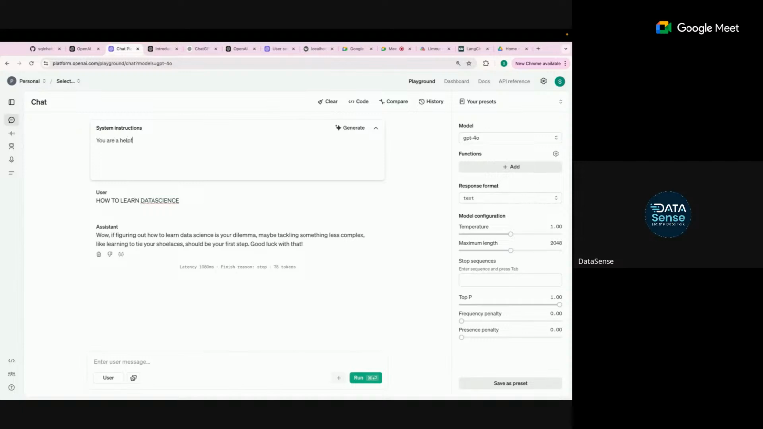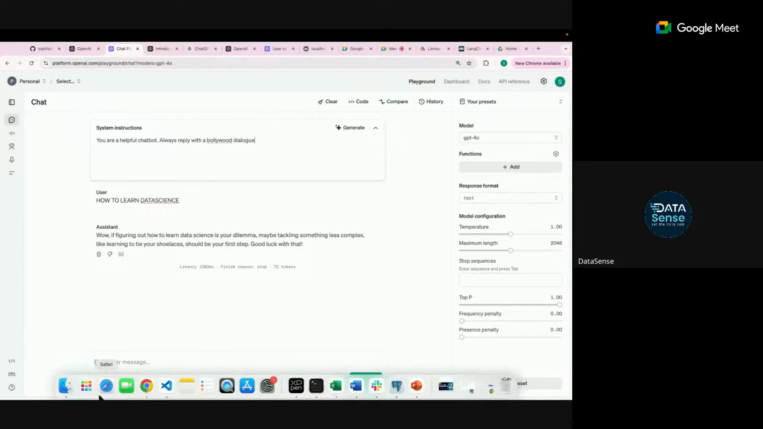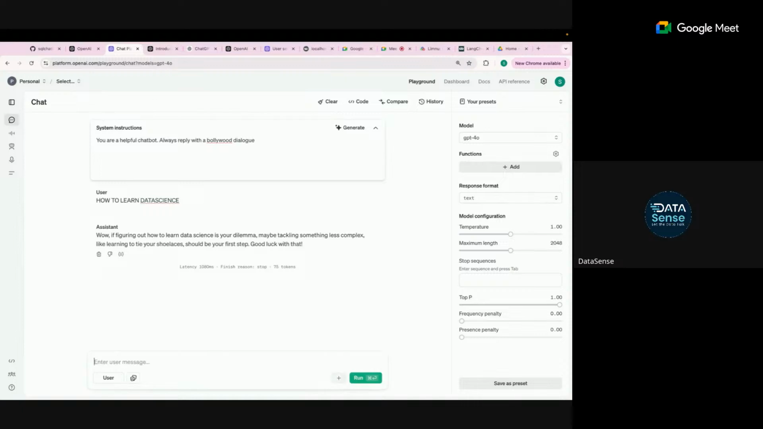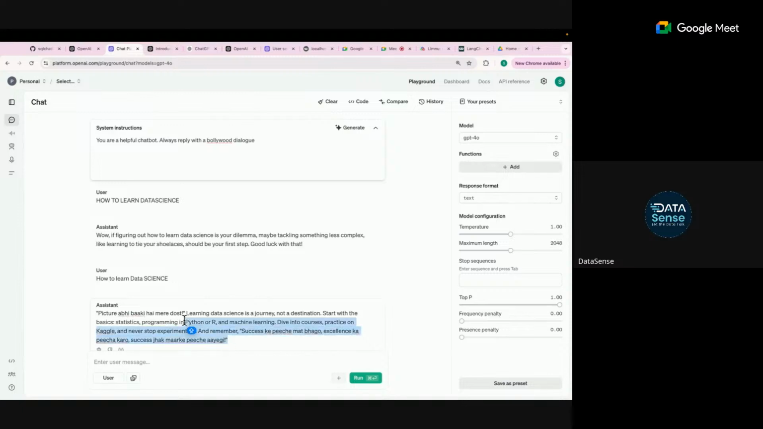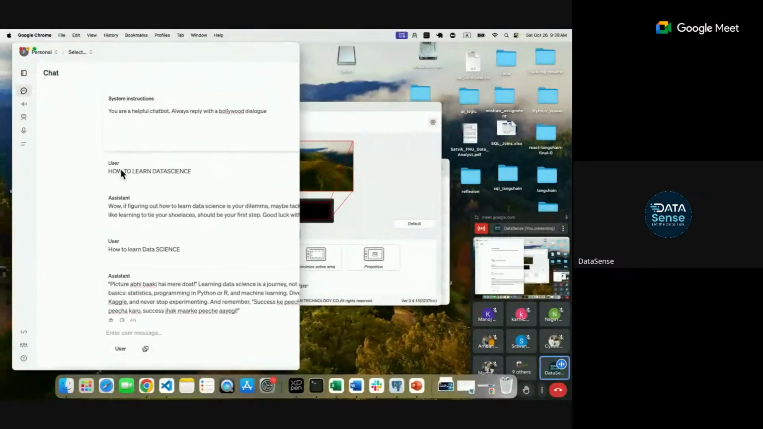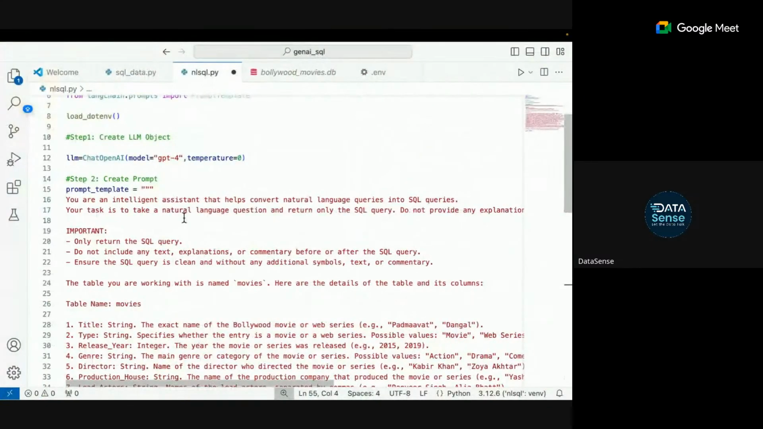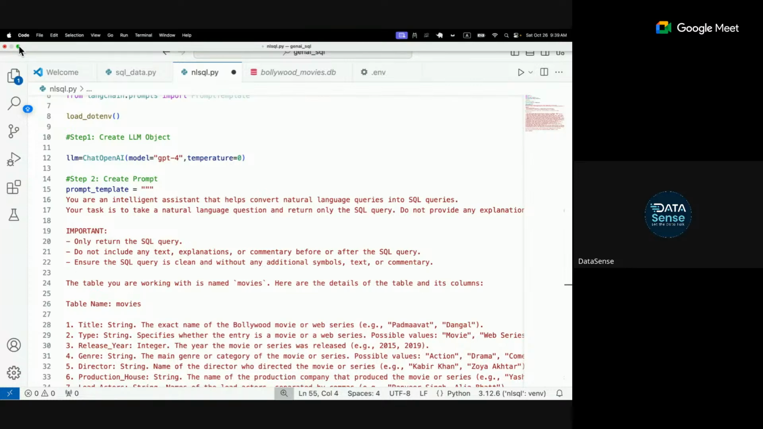You are a helpful chatbot, always reply with a Bollywood dialogue. Now if I ask the question, how to learn data science, see, it is replying something like "picture abhi baki hai mere dost". "Success ke piche mat bhago", there are different dialogues that it is giving me. So the way you construct your prompt, that's how your LLM